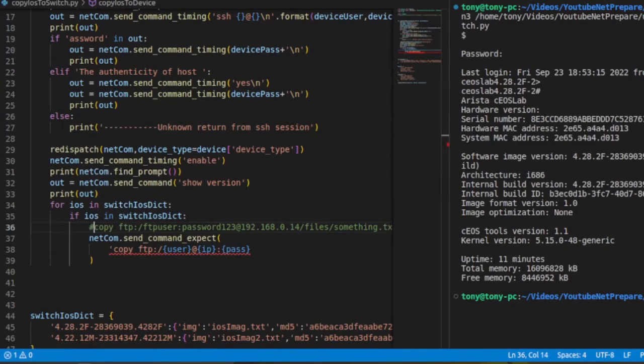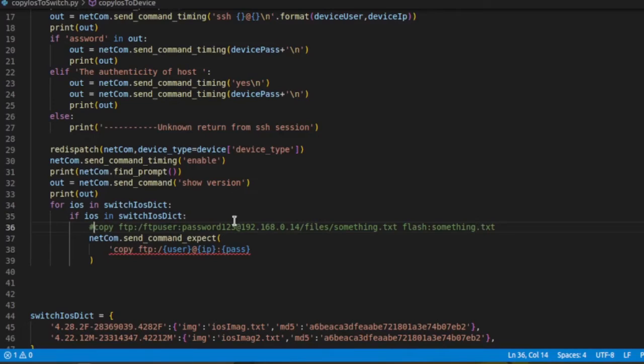Let me close this. So we need to perform this exactly. So password actually is, see, this is why copy paste is better. So IP, then we know the directory is in files slash, here we're gonna provide the new IOS, and then slash